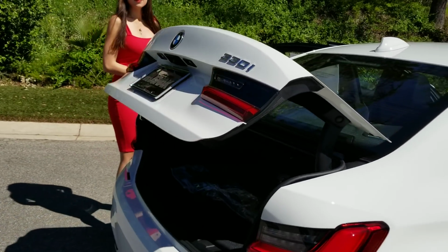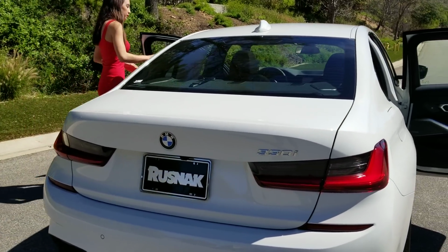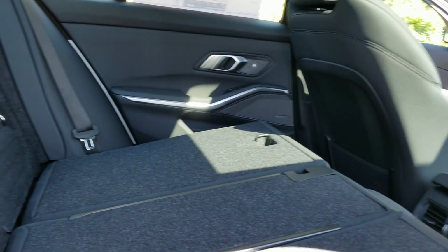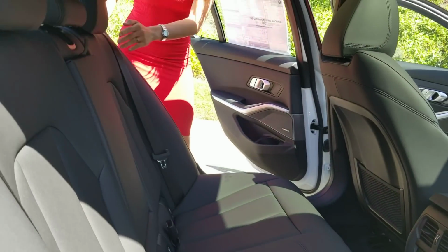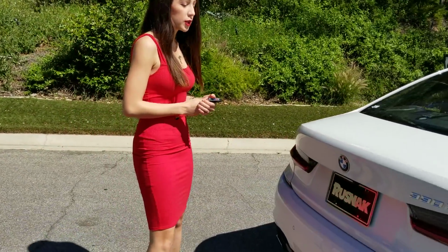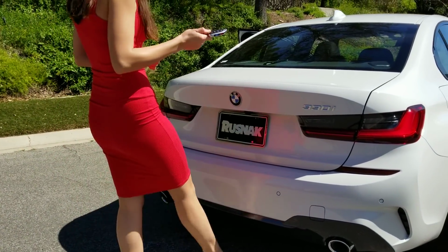Yeah, we do have the option of a power tailgate now on the 3 Series. So that way, with our comfort access feature, you can kick it open and kick it closed. Let's go ahead and put the seats back up. As well with the comfort access, as long as the key's in your pocket, it works the same way as opening and locking and unlocking the doors. It's just one motion. A side-to-side motion will not work, so you just need to kick your foot underneath the...